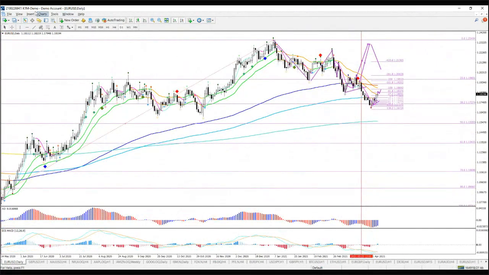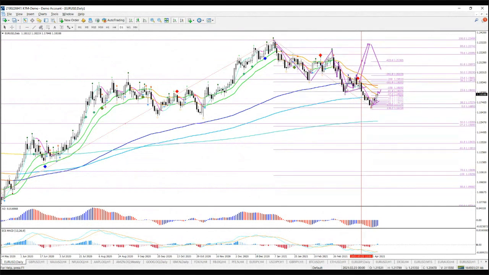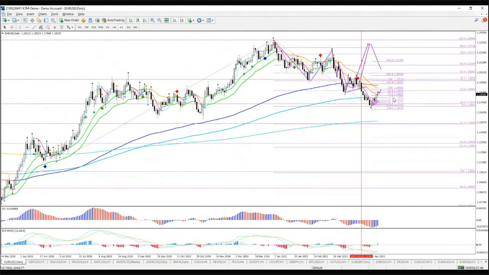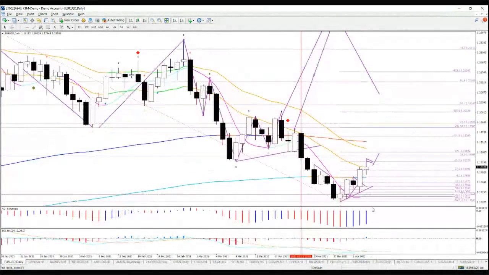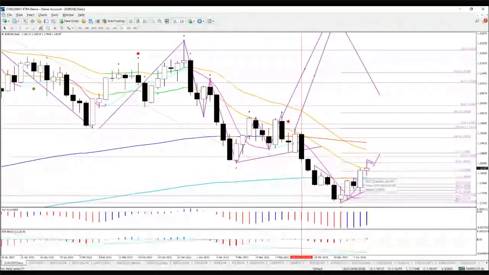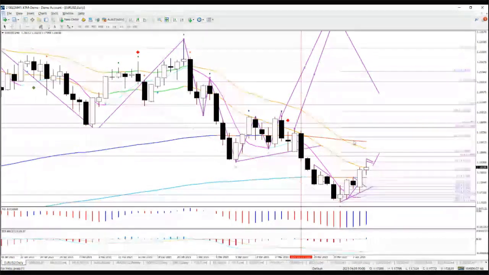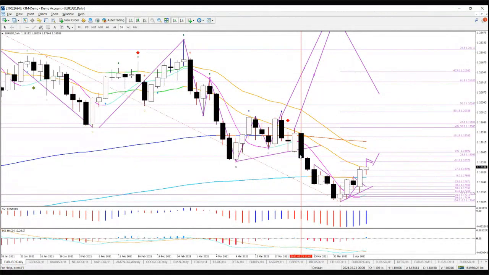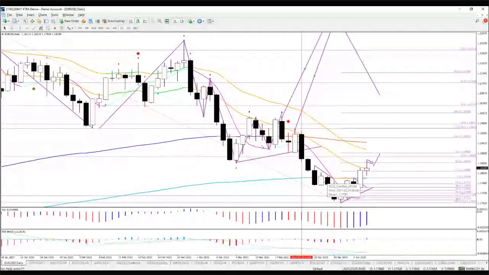Now, 118.50 could provide some resistance just because if we put a fib from the entire downside now, it is a 23.6 fib. But overall, I think the reversal and bounce here at the 38.2 fib is working out as expected. It was my third attempt, to be fair, to be fully transparent.